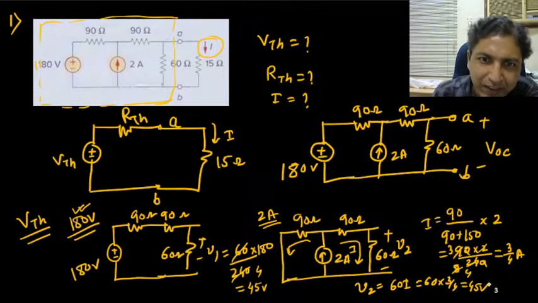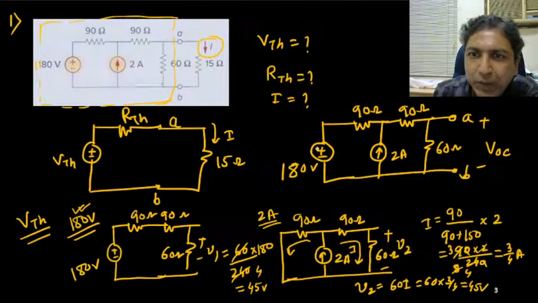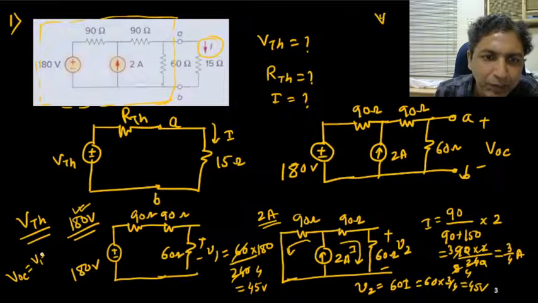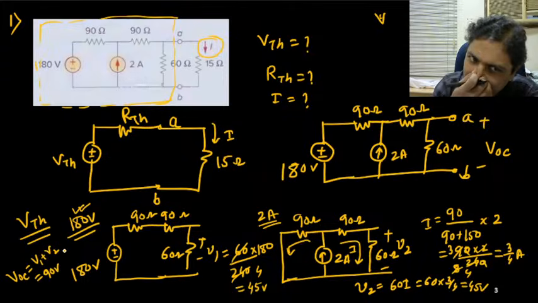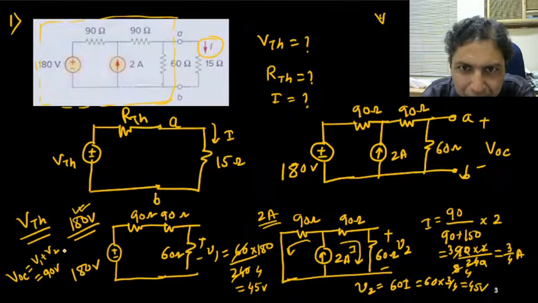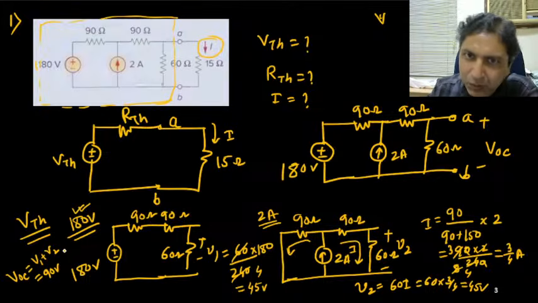So what is VOC? So this VOC will be simply, okay, I write here, VOC is same as V1 plus V2, that is 45 plus 45 is 90 volt. That's VTH is 90 volt, is correct. So Thevenin voltage is this one, 90 volt. Now let me calculate